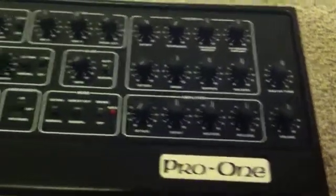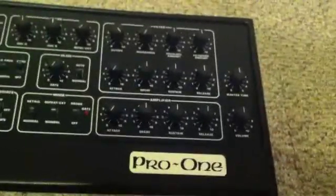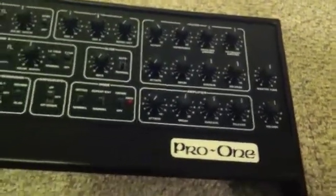It seemed a lot of people were inquiring about how to fix the Pro 1 keyboard on the later models past serial number 8500. The keyboard has these horrible style contacts which I don't think were used in anything before or since. As you can see, once you get the keyboard out and take the keys off, what you have to do is peel these contacts away from the point they contact under here